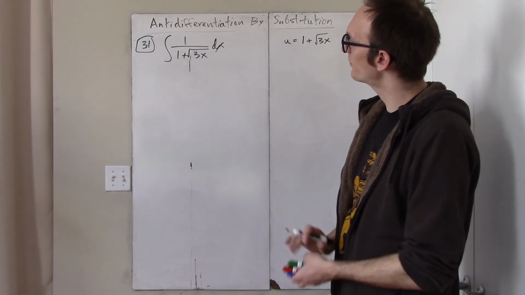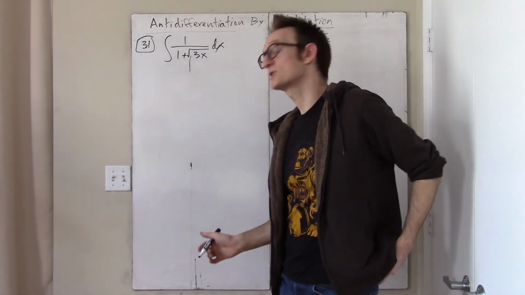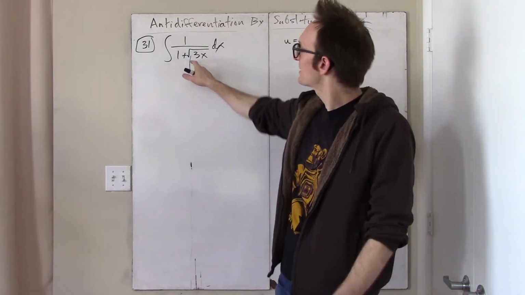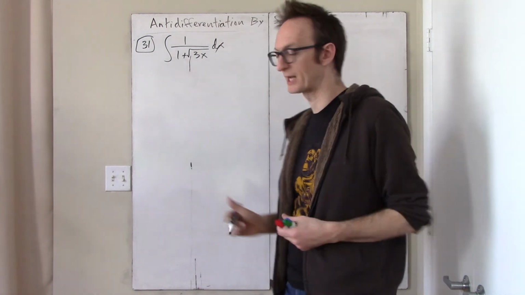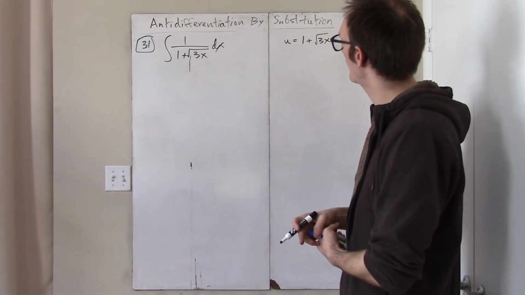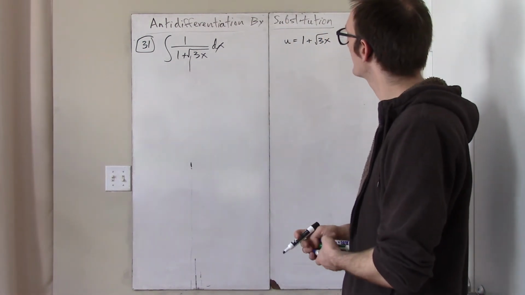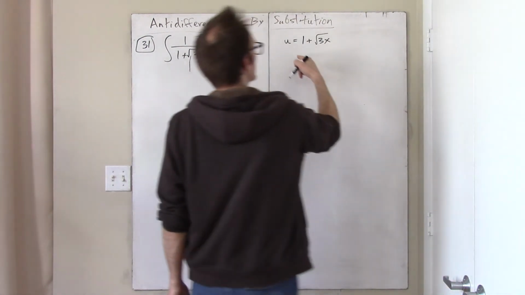What is the motivation for this? I guess the only real motivation, which I mentioned last week, is that I like my denominator to be a single term. If my denominator is a single term, then that supports splitting. Okay, let's see what the ramifications of this are. Well, if u is 1 plus root 3x, the next thing we used to do